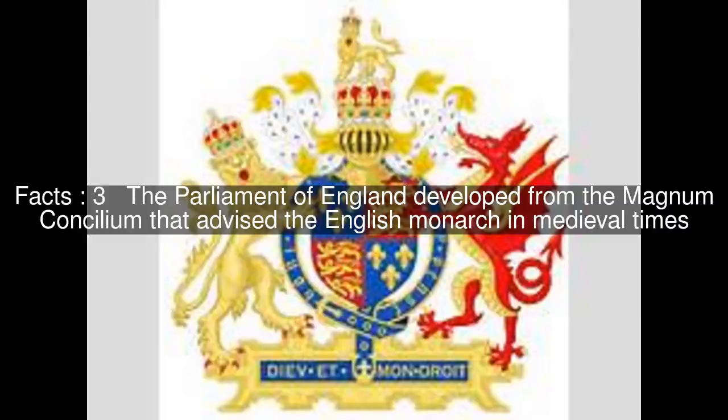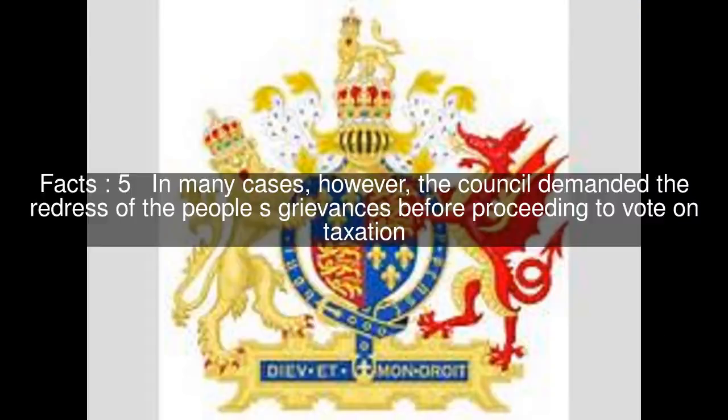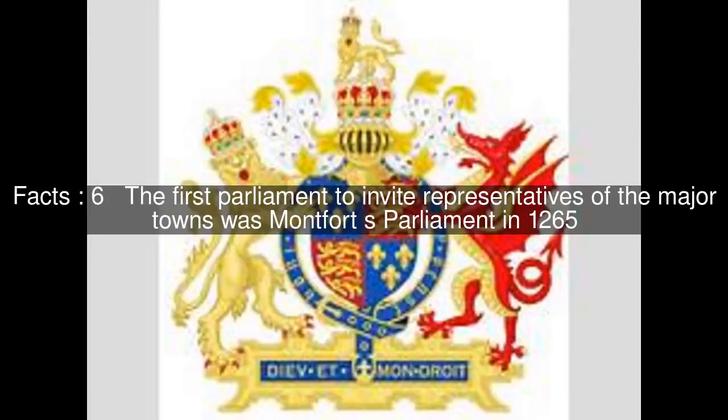The Parliament of England developed from the Magnum Concilium that advised the English monarch in medieval times. This royal council, meeting for short periods, included ecclesiastics, noblemen, as well as representatives of the counties, known as Knights of the Shire. In many cases, however, the council demanded the redress of the people's grievances before proceeding to vote on taxation. The first parliament to invite representatives of the major towns was Montfort's Parliament in